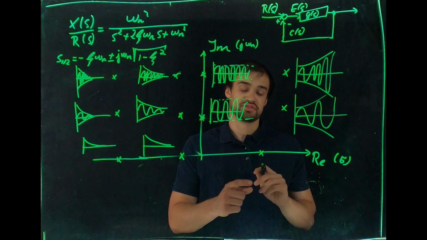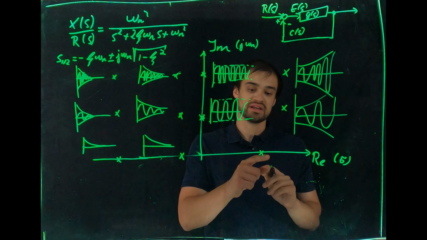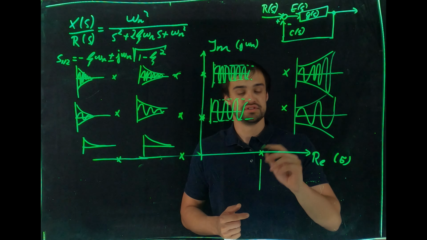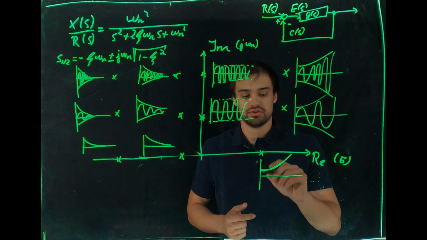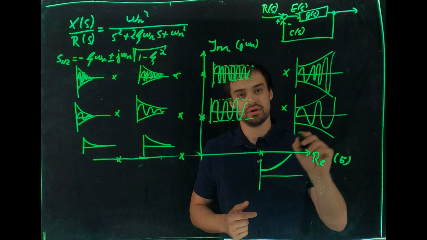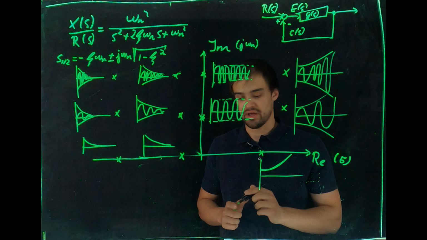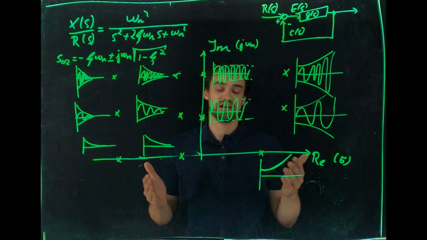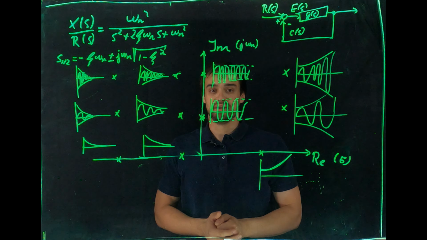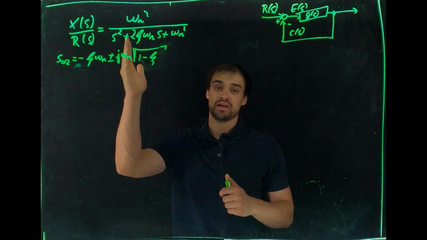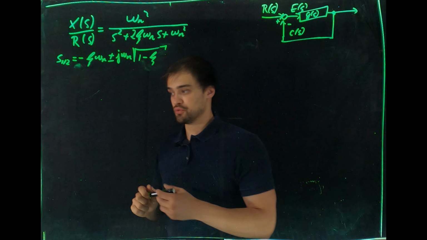Now, on the other end, you can ask the question, what happens if the root lies on the real axis, but on the positive side? The response of such a system looks like this. So it's basically going off towards infinity right away. And this wraps up the representation of a second order system in the S-plane. So again, we would like to apply a step input on this system. How do we do this?